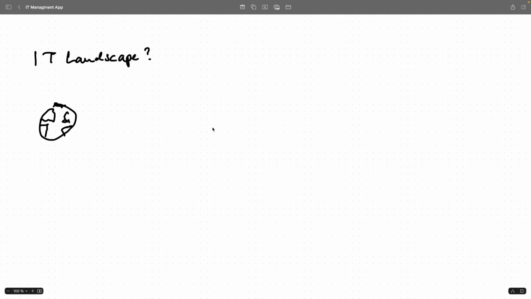All IT landscapes are obviously on that globe that I've drawn now. But what I'd like to express here is the globe being the WWW, the internet. Now, most businesses, which I will represent here as this pretty building, they have an IT